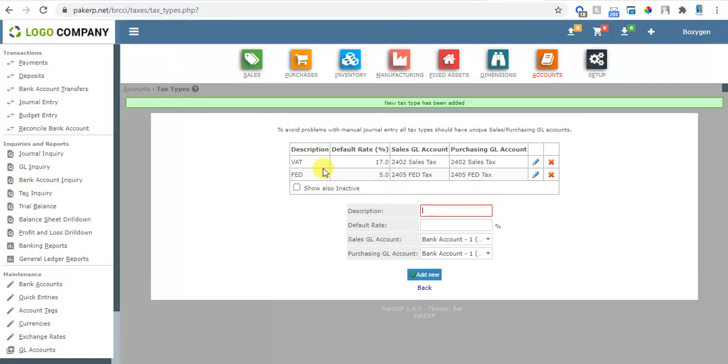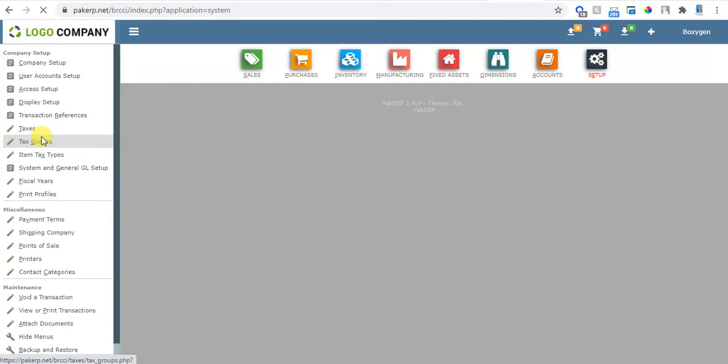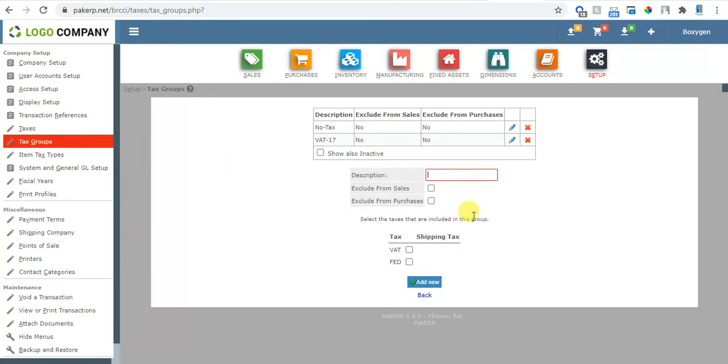Now we have two types of taxes. Now we'll go in the tax groups again. Now here in VAT 17, the available options are two, VAT and FED. You can apply both on any given tax group or any single one. It depends on your need, your requirement.